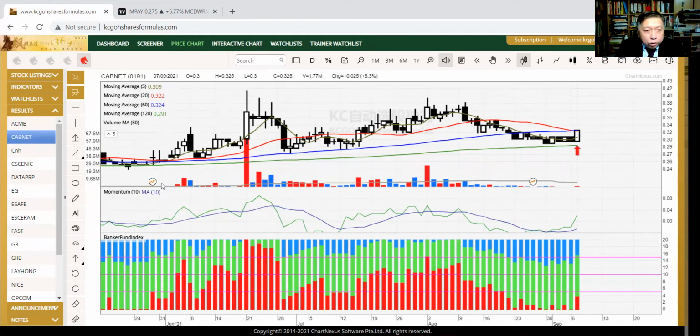Okay, let's go through the other chart. There is another indicator I'd like to introduce to you, which we launched about 2 months ago. The banker indicator, we launched 1 month ago. This is the